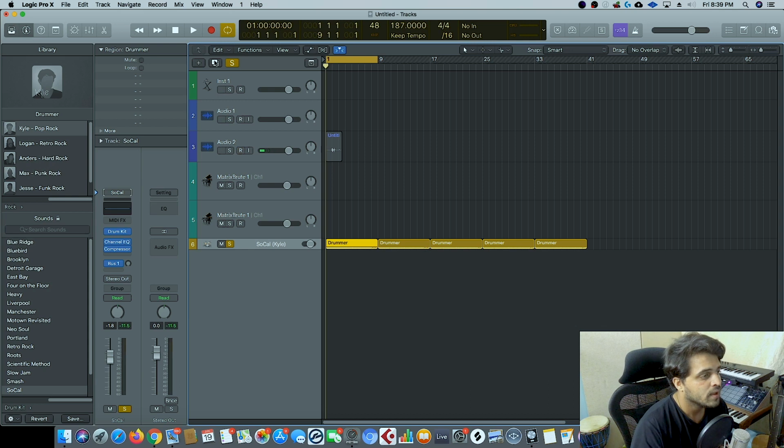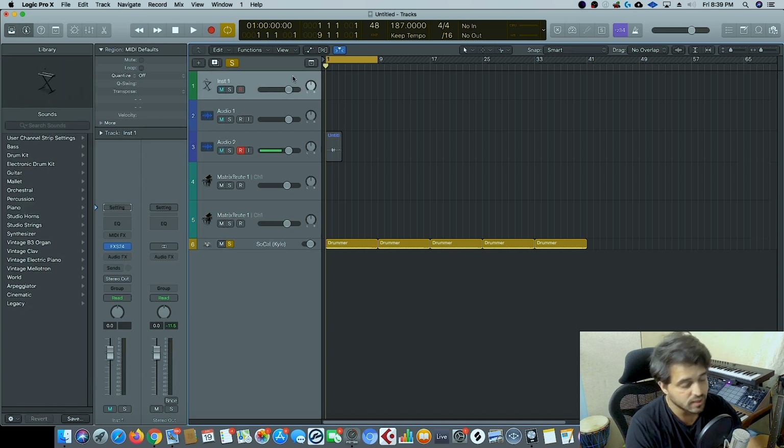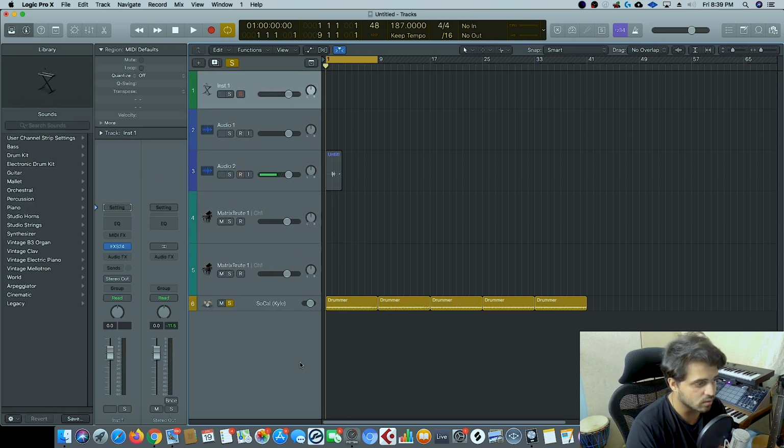And in the arrangement window, you can see the tracks laid out like this, and these are the track numbers. And if you check on the MIDI track here, the software instrument track, you have something called R, which is record enabled button. You have S, which is to solo, and you have a mute, which is to mute the track. And this is the volume fader, which is nothing but this one. So you can see if I move the fader here, even that one moves there.